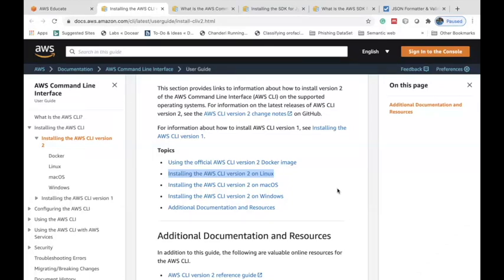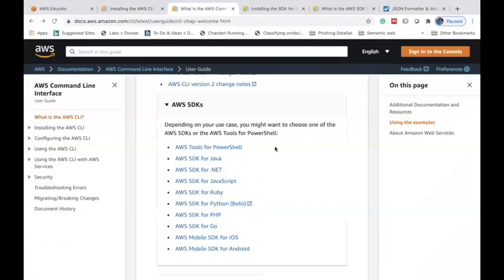And similarly, consider we want to administrate the complete AWS, or AWS resources, from our Node.js program. You will have to install the AWS SDK for your corresponding programming language. The AWS SDK supports many languages: AWS SDK for Java, .NET, JavaScript, Ruby. So the first one you are supposed to install is AWS CLI, and the second one is AWS SDK.